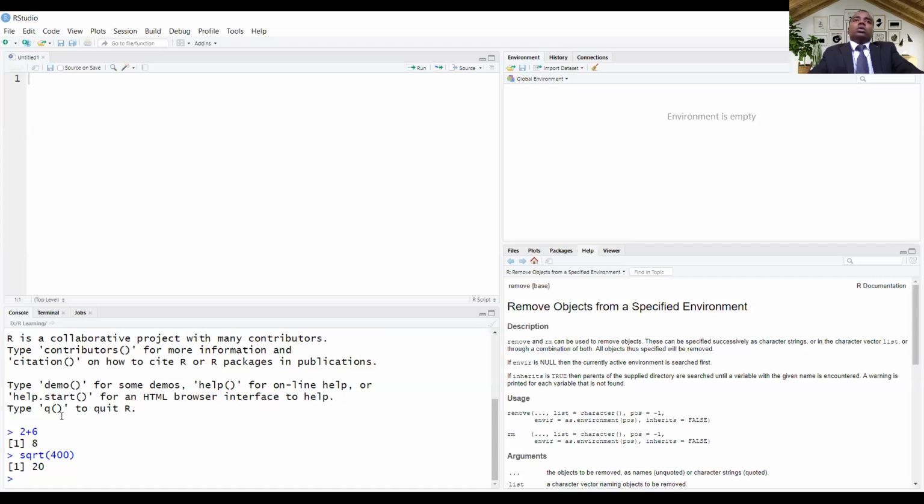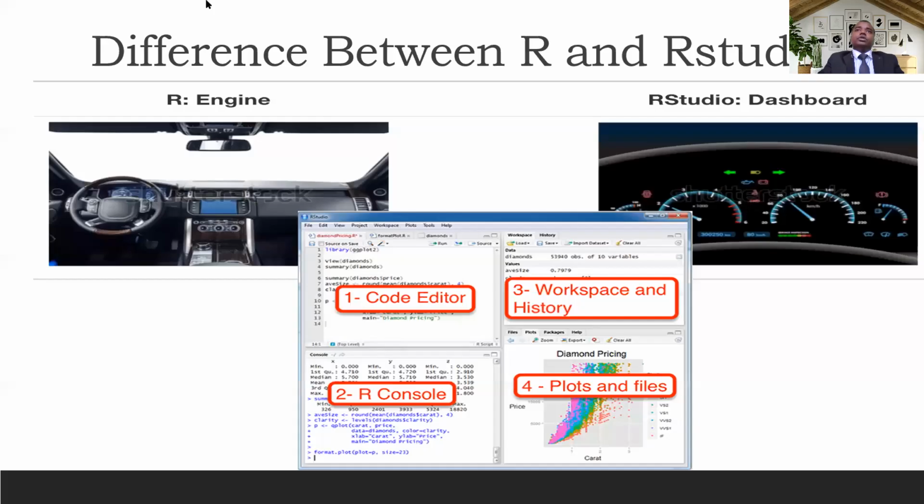Now let's understand the difference between R and RStudio. The main difference is simple. Just take an analogy of a car. R works as your car engine, and RStudio is your dashboard. Without R you cannot run RStudio, but without RStudio you can write R programming.